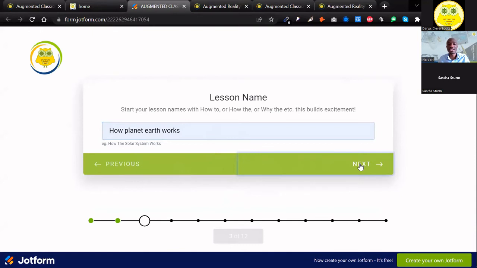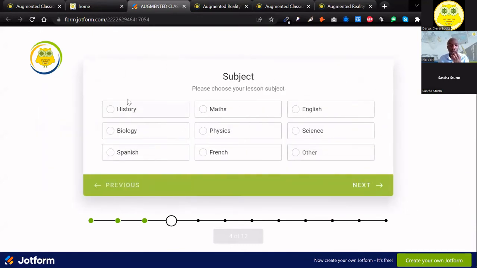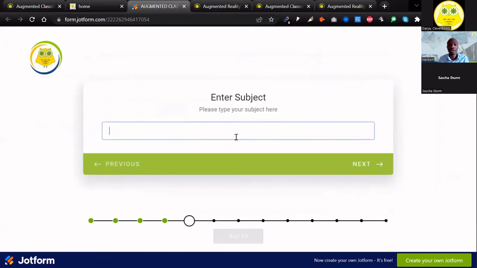Now, this was pre-filled, so don't worry about that. You'll have a minute to type. And then maybe planets, that would be geography. I'm just assuming it's going to be geography. I know it could be science, it could be a lot of other things, but in this case, I'm just going to pick geography. It's not here. I'll click Others. It's going to give me the option to put geography, right?